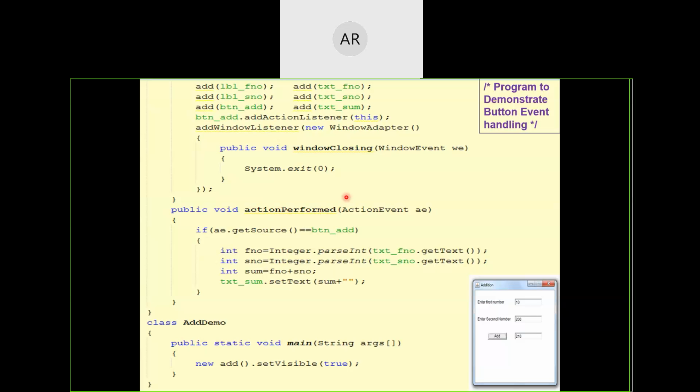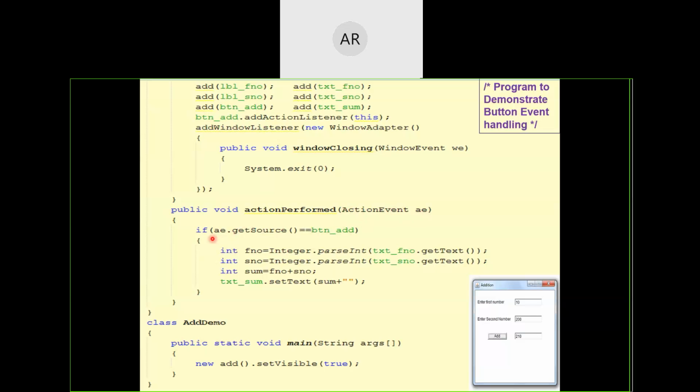It will take the action event which has occurred, and we are passing the object of that action event. AE is our own given name for this object. I'm trying to find out what is the source that has triggered this event AE.